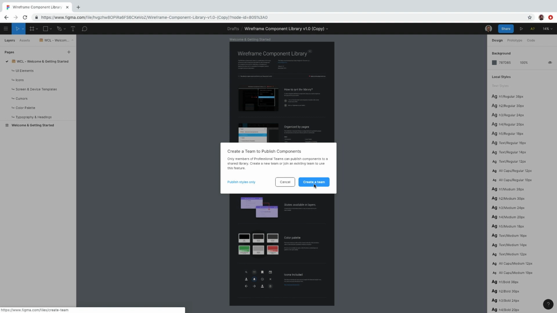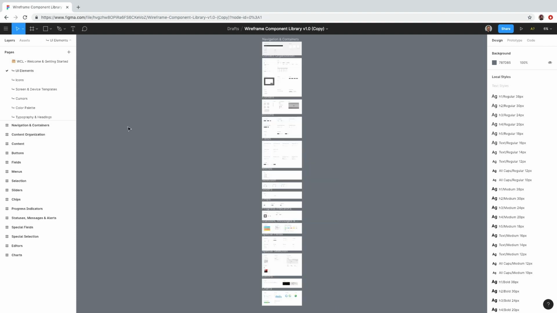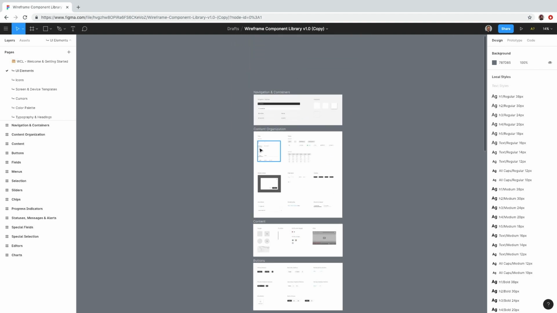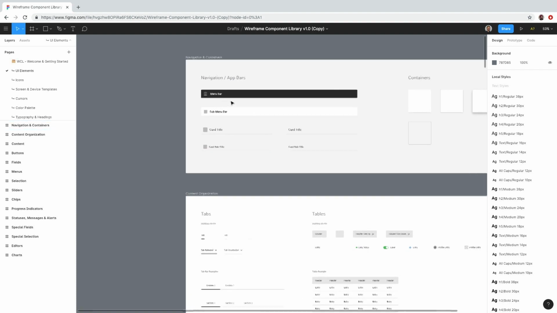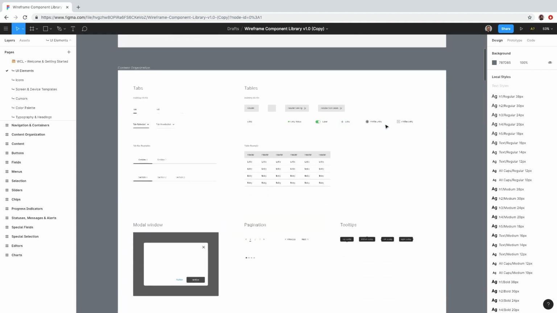But if you don't have that budget, like at a startup or a freelance agency, you can follow a little hack. You can go ahead and find your UI Elements page on the left, and this contains all of the assets that we can be using to design. Usually these libraries are broken up neatly into various frames representing different concepts. Navigation and container gives us things like menu bars and nice little cards.